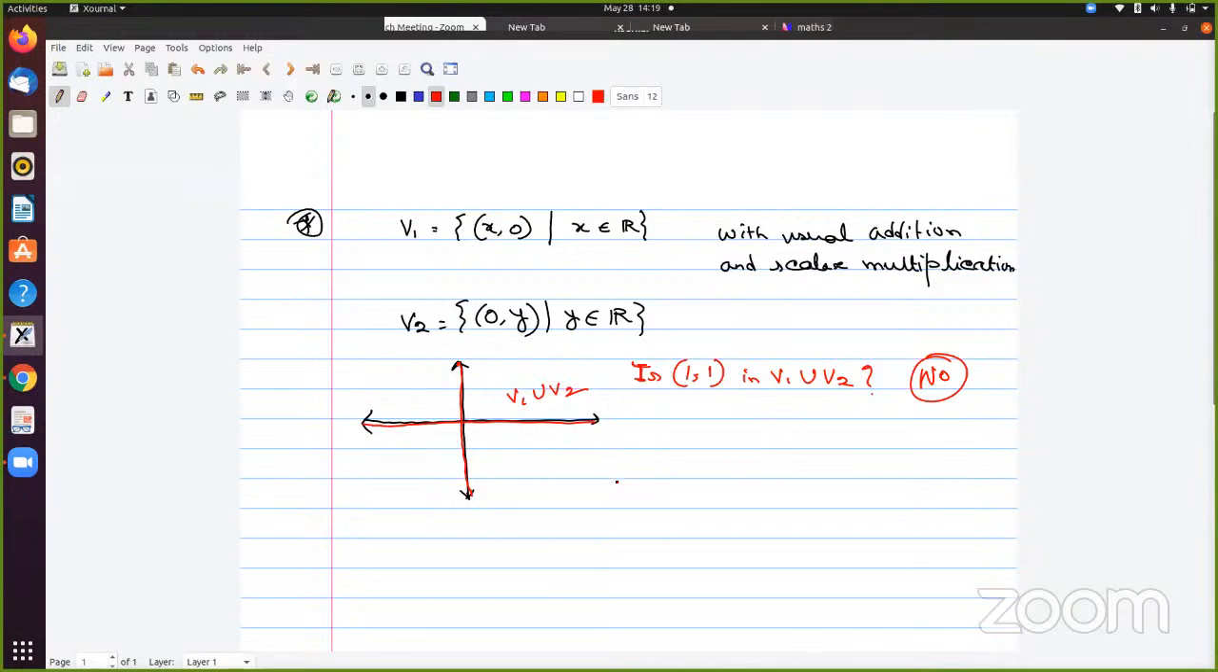So first, checking, is 0 there? Yes, 0 is indeed there, because the origin is present in both of them. Right? Now the issue is if I take addition of